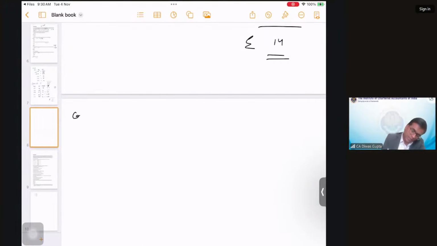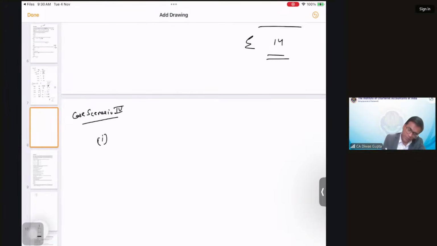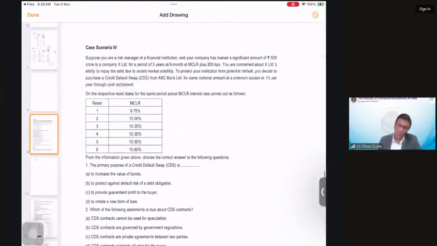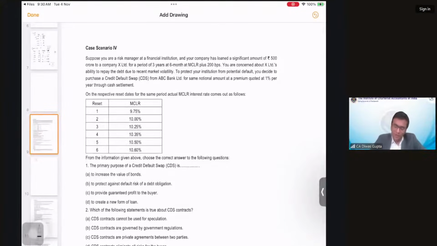Now I'm putting here case scenario 4, first part. Okay. Now case scenario 4. Suppose you are a risk manager at a financial institution and your company has loaned